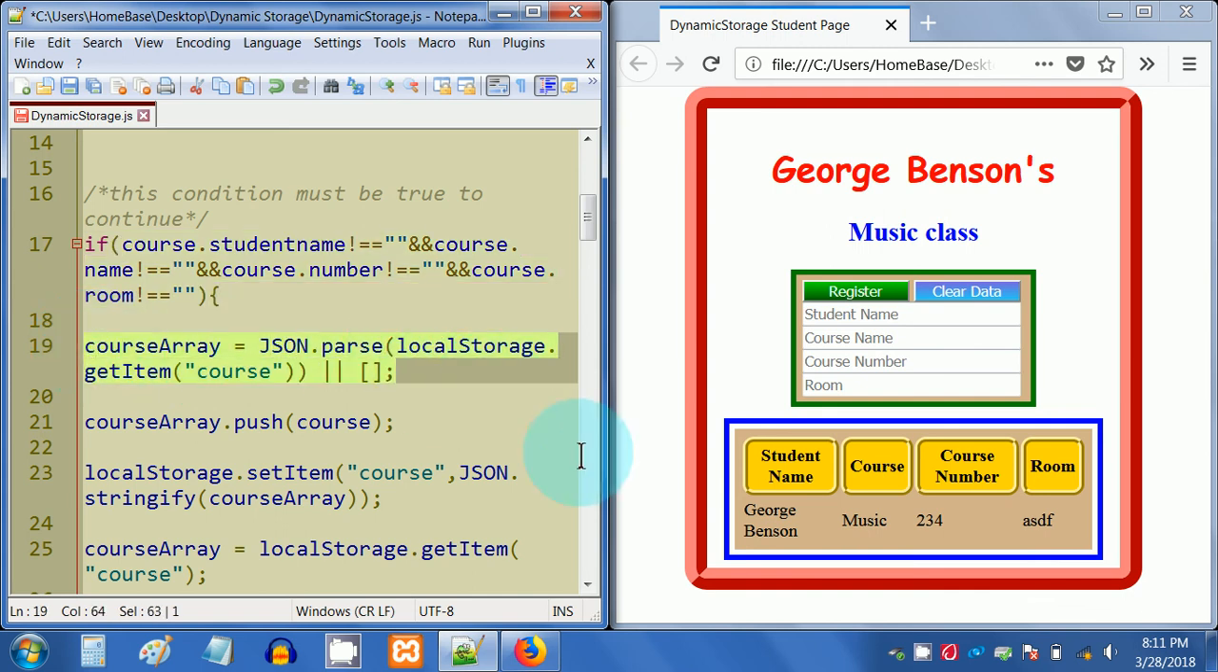courseArray, which is the name of the array that we created, equals JSON.parse, and then in parentheses we have localStorage.getItem, and we want to get the item from what's in the parentheses and double quotes, which is course. The double pipe symbol here means or, and this means an empty array, the empty straight brackets. Okay. After that statement we have courseArray.push(course);